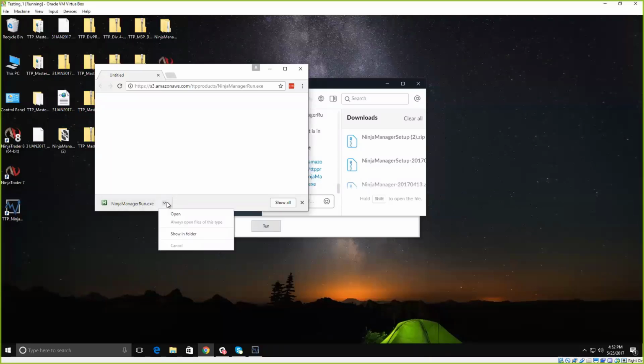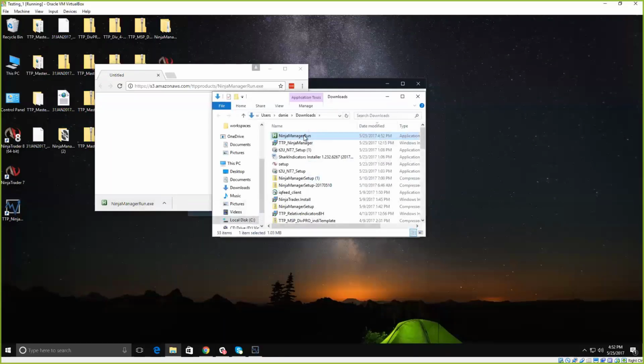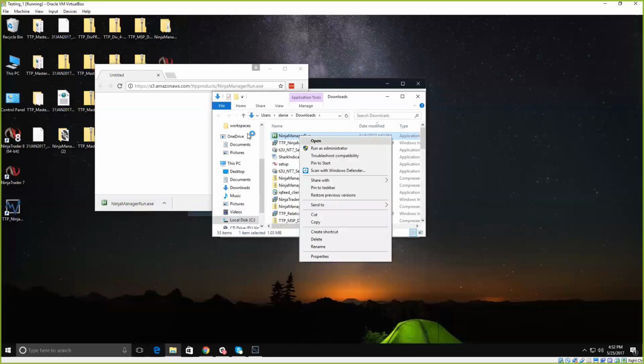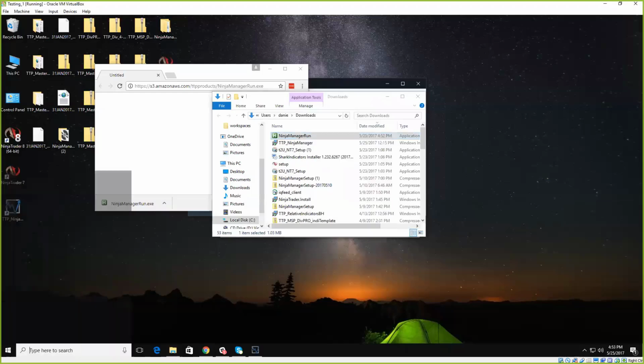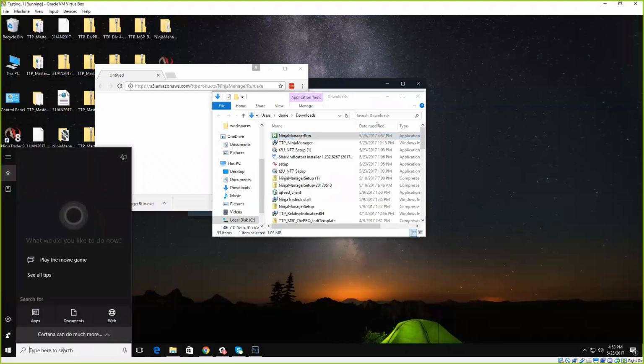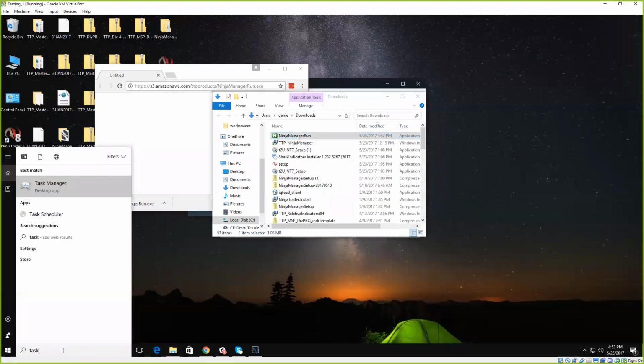Okay, so what I want you to do with this, you can put it anywhere you want, but you need to have it in a proper folder that you can access using the task scheduler. So if you type into the search down below, task scheduler,